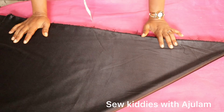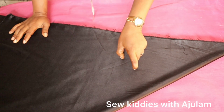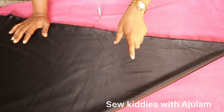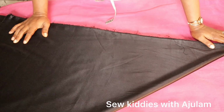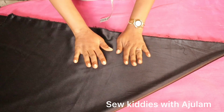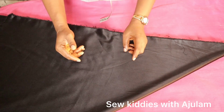So each of my panels, that is the joining allowance, I'll be using 1 inch for each of them. Now since it is 8 panels, it's going to be 8 inches. Okay, and then I'll be adding my 2 inches for the zipper allowance, making it 10 inches. I'll be cutting out 8 panels. That is to say, I'll be having 8 lines at the end of the day,